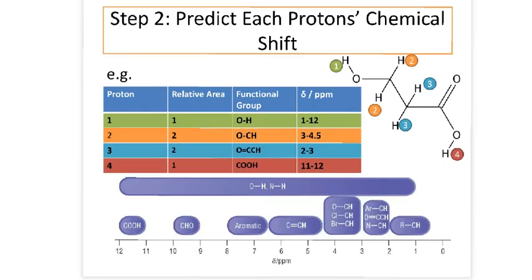So let's go now to step 2, which is to predict each proton's chemical shift. And this is a table very similar to the one we had on the carbon. So you've got your molecule there, which is colour coded. You've got your one in green, which is that OH. Now we've got a similar scale on the bottom here that we had for the carbon, except the values are different. You can see the values are much smaller. They only go up to 12 on the left hand side, whereas we went up to about 200 on the other one. So we're looking for an OH, and if we look for an OH, then we find it here,